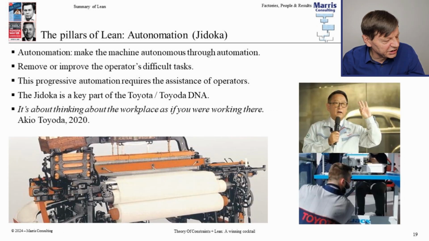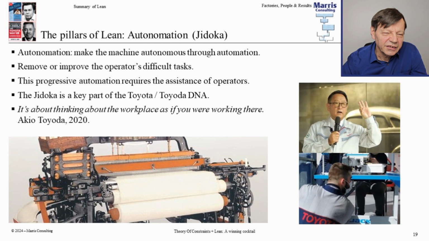I put this one in among other things because that just happens to be one of my favorite bits of the theory of the Lean thing, and it is called Jidoka. It's not automation, and it's how to make machines autonomous through autonomation. And it's very dear to Toyota's heart because that's where they got the money to start making cars, right? When they were making weaving looms initially, I won't go into the details, but they imagined how one operator could supervise a dozen looms when previously there'd been one person per loom, and therefore they developed the system, made a lot of money with it, which enabled them to have enough money to start making cars. Anyway,